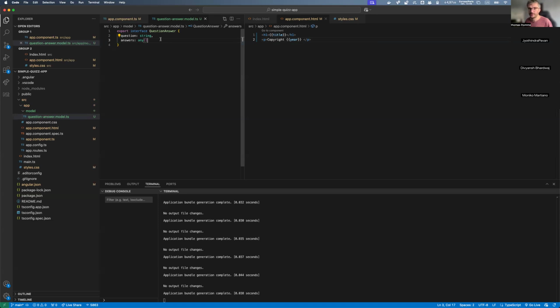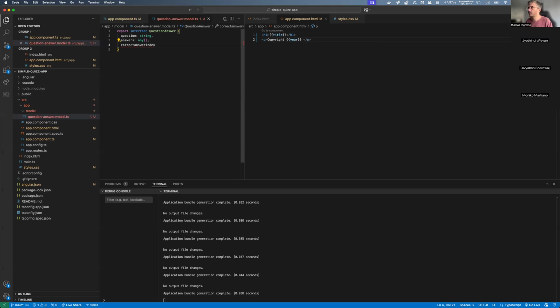If we want to be more specific, we can restrict the answers to be only strings by typing string here, but you can use number or whatever. So for now, to make it simple, we'll just keep it as any here. Okay, and we say that we have a correct answer index.